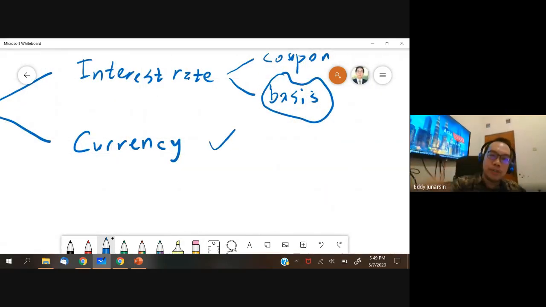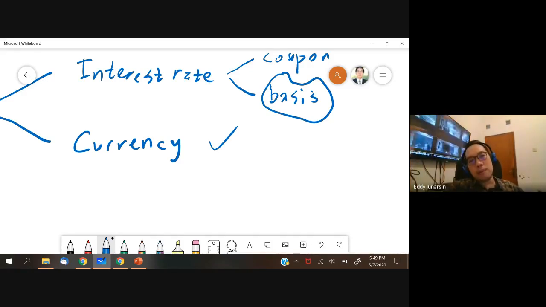And the second one, of course, currency. And this is easy to imagine. We will see one or two examples today. Maybe you are from a company that wants to go to another region, another part of the world. On the other hand, a company from that part of the world wants to come to your country, and basically you could make an exchange of obligations, or debt issuance, that would benefit both parties. Okay, so let's see the first one,